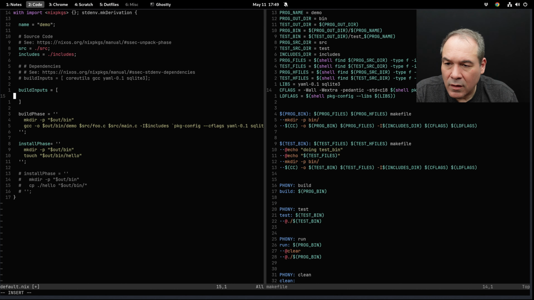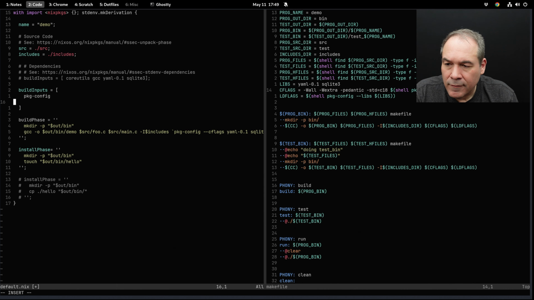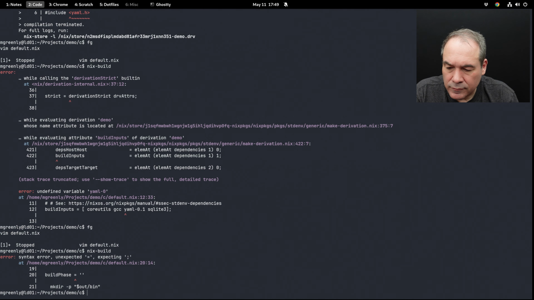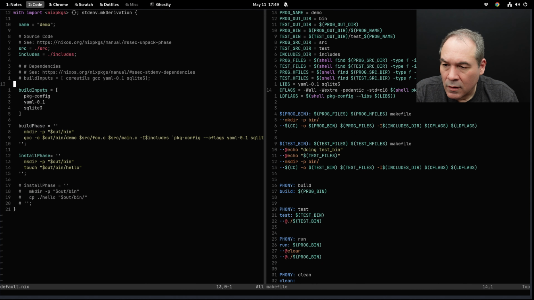And the only thing I want is package config, YAML, yep, and SQLite. That'll, okay, so nix-build. Probably missing a